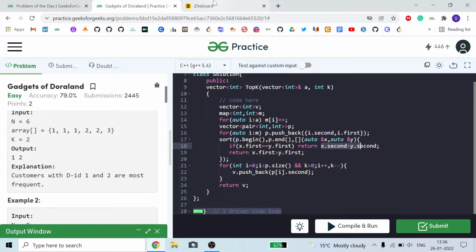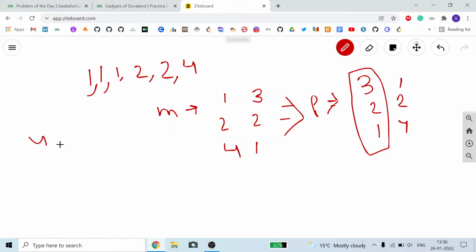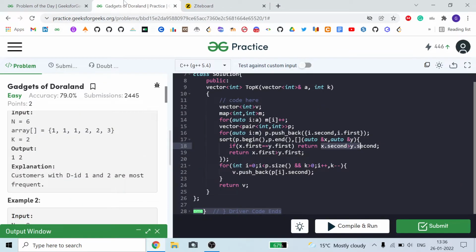Like if I have two numbers 4 and 5 and both occur 8 times, and I can take only one, then I will give my 5 higher preference because I need to take 5. Okay, so then I will just push back numbers while k is greater than 0 and I have enough numbers to push back into my vector array.